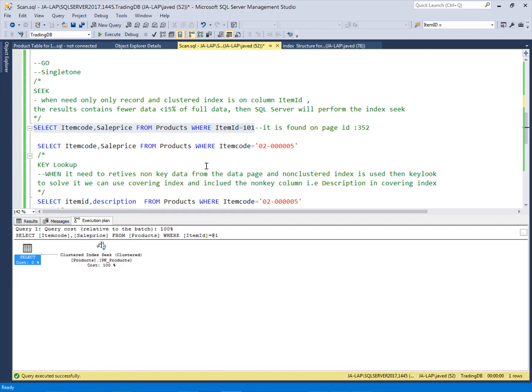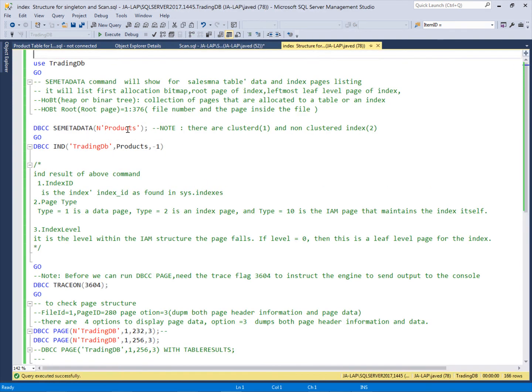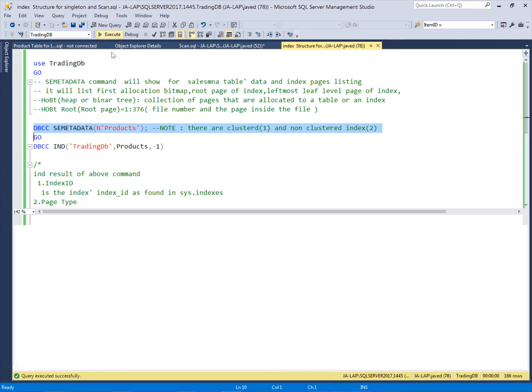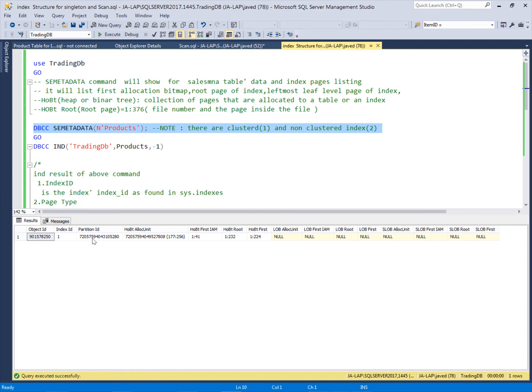Now if I am going to study the index structure, we need to know how to check the metadata. In this database I am going to check the metadata for the product table. The metadata gives the storage engine information about how pages are assigned to this product table's index, and what the page ID for the root index is.